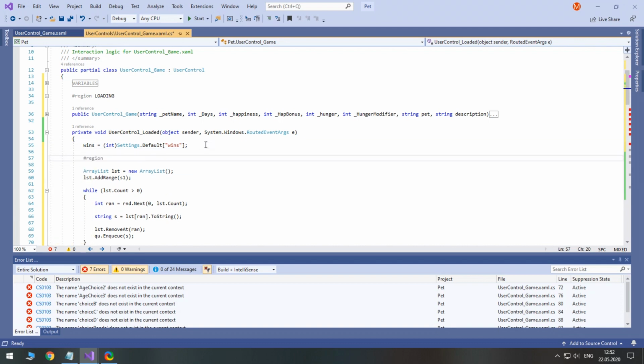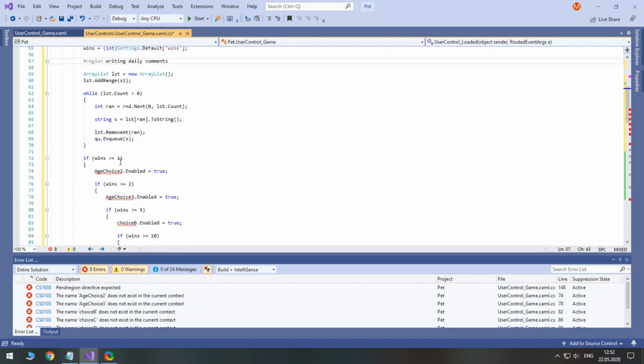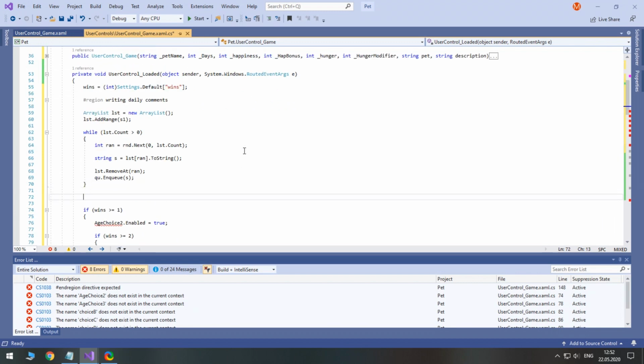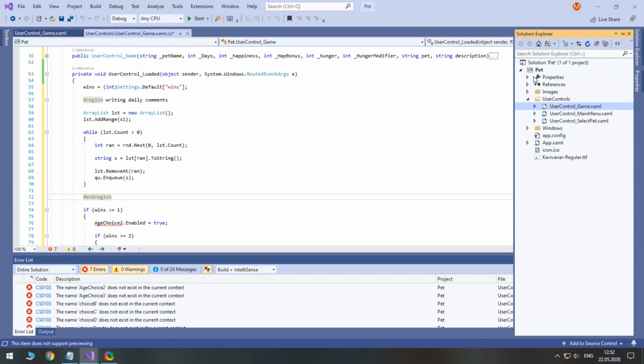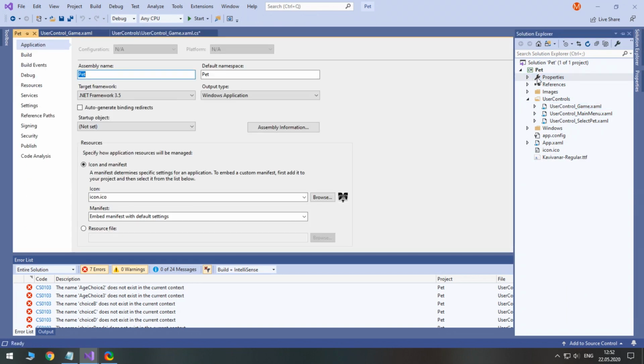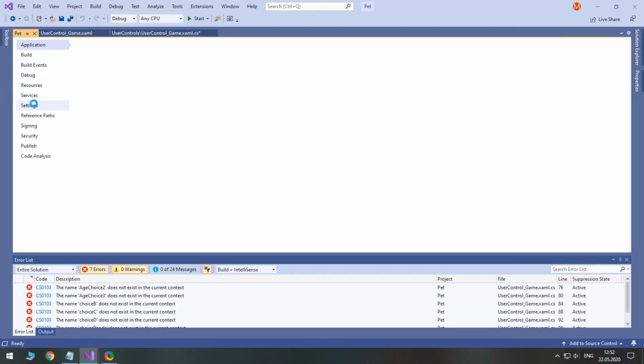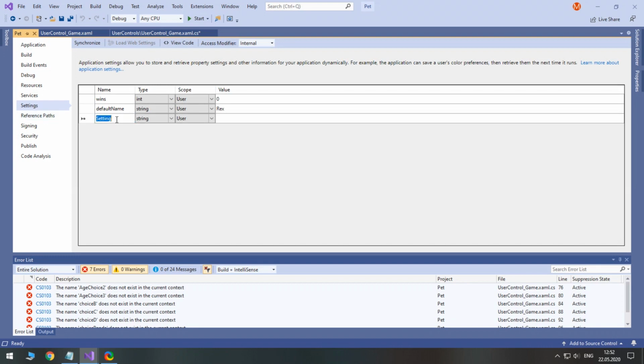Let's separate daily comments from other code inside the loaded event. Before mixing the comments, we need to check whether the game actually shows them. Let's create a setting of type bool for this.